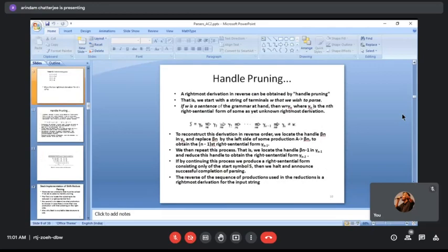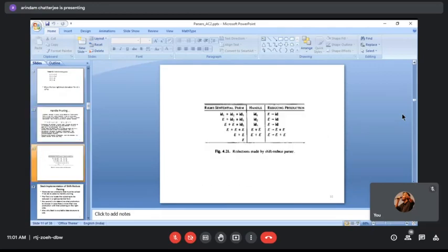We have already seen the reduction process for one type of terminal string. Please note that what we are essentially doing here is traversing the right sentential form in reverse when we are doing the reduction process. We have already explained that in our earlier lecture. So this is an example of what I am trying to mean.